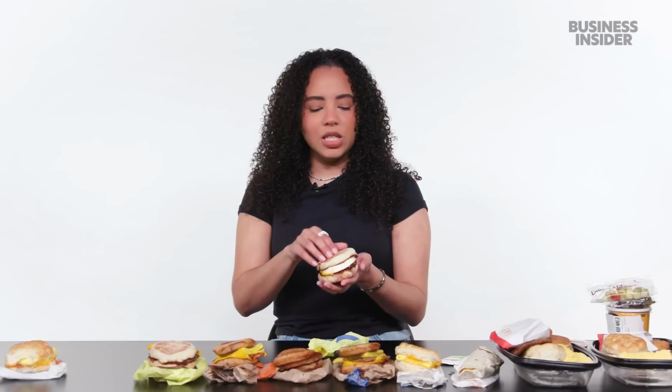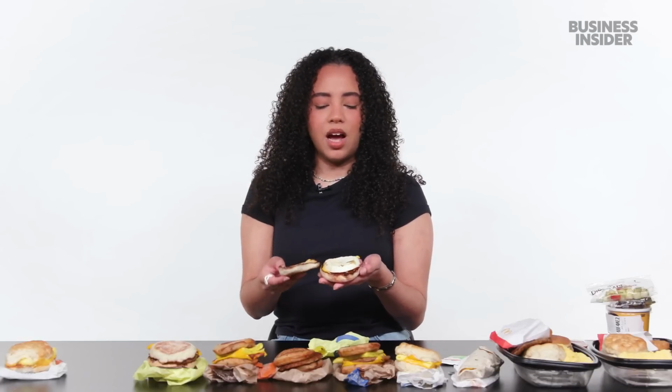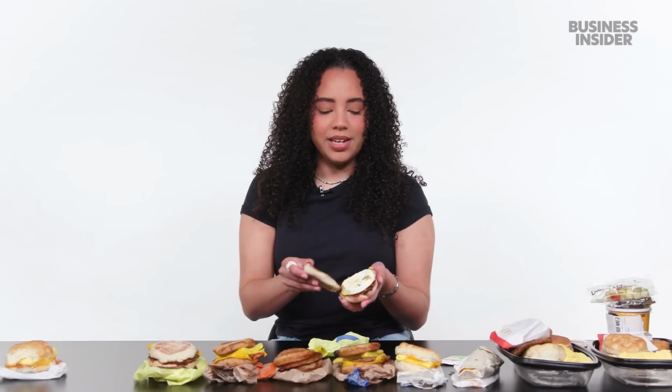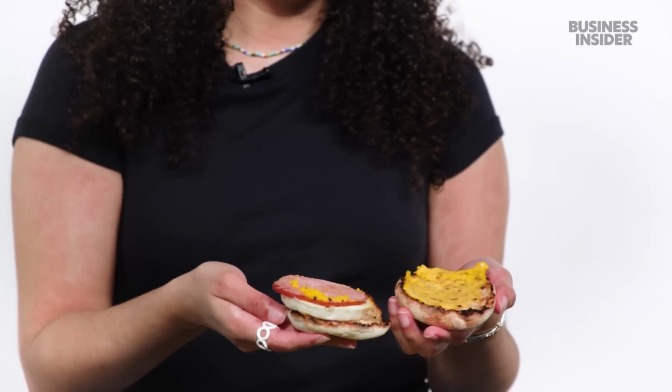The Egg McMuffin is a little bit different than the rest because it's got this kind of egg and not that folded yellow egg thing that McDonald's puts on like all their breakfast sandwiches. And it's also got Canadian bacon, which is a little special. It stands out. Next, we have the sausage, egg, and cheese McMuffin, a bacon, egg, and cheese McGriddle,